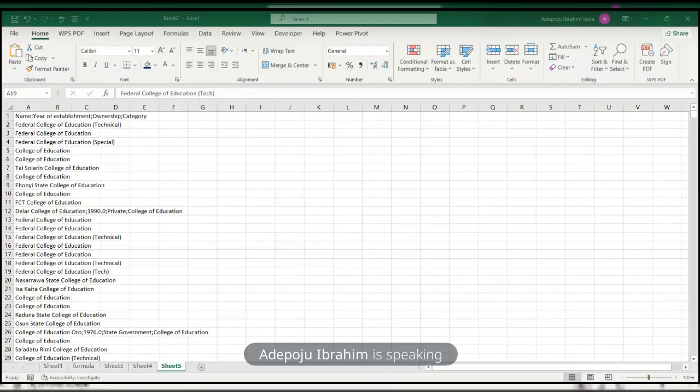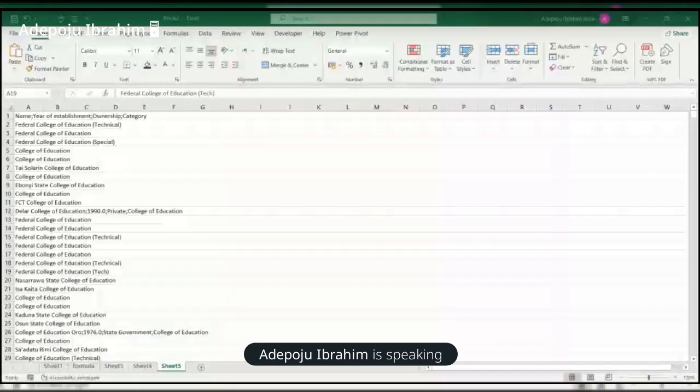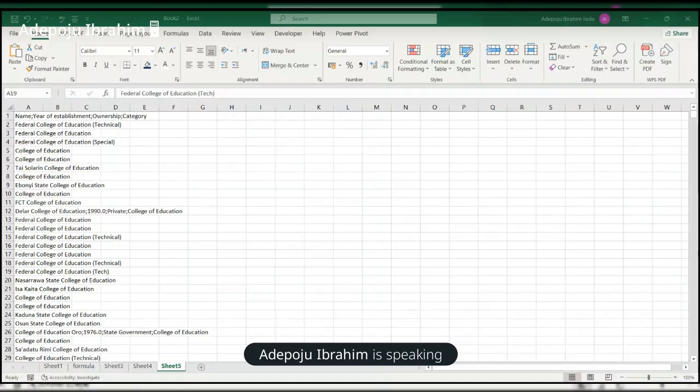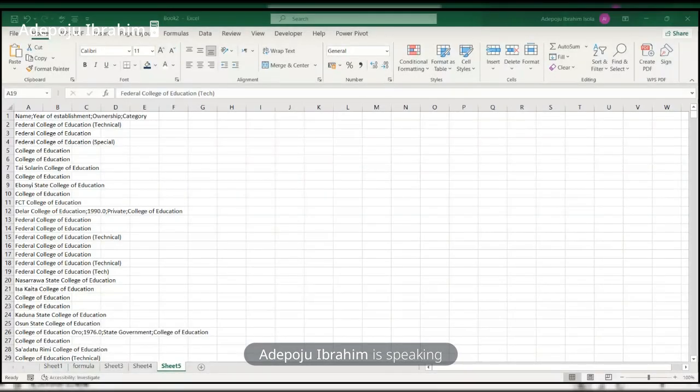What type of delimiter do they use? This is semicolon. If it is tab, you use tab. If it is comma, you use comma. But this one is semicolon delimiters. Then next, just leave this one like this. So we can see that the first row, name, year of establishment, ownership, and category, has been